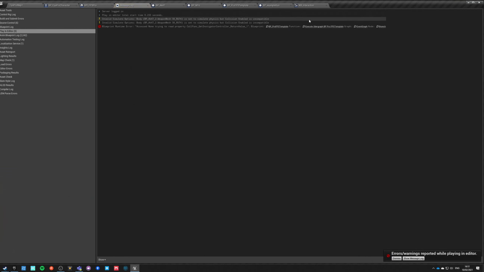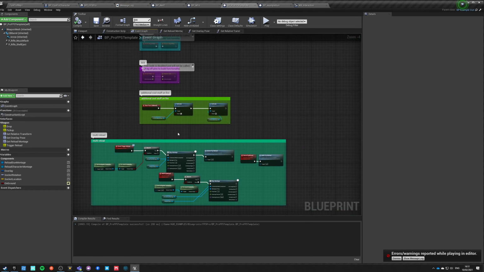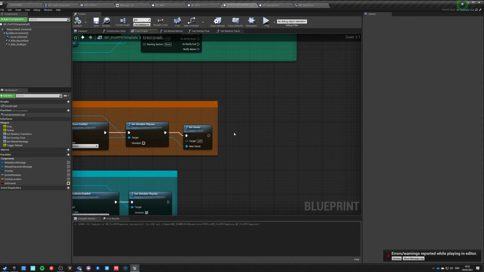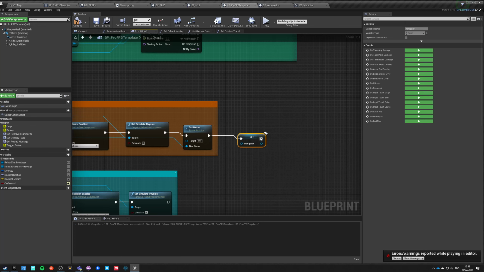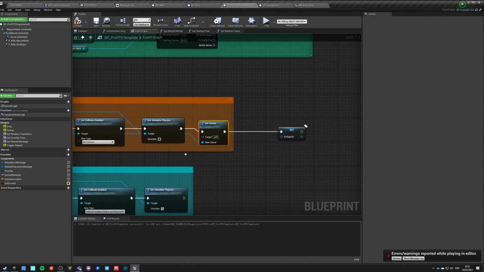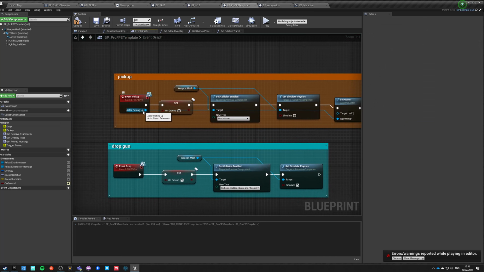Okay, so we got a problem with the instigator. We have to set instigator inside the weapon. So let's go back here, and on the pickup we need to set instigator. We need to. And this is a pawn object reference. So should the event pickup, well, yeah, why not?